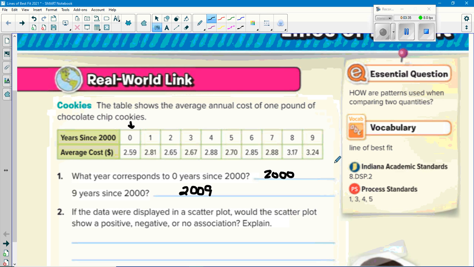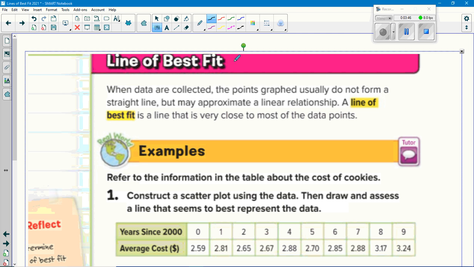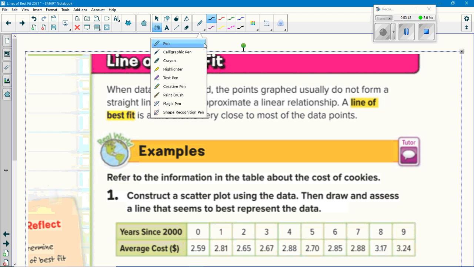Now what you're going to see as we take a look at the next page, the book's already done the scatter plot, and they even draw this best fit line, which I'm going to explain to you right now. Okay, so let's move on. Let's focus up here at the top first. It says,